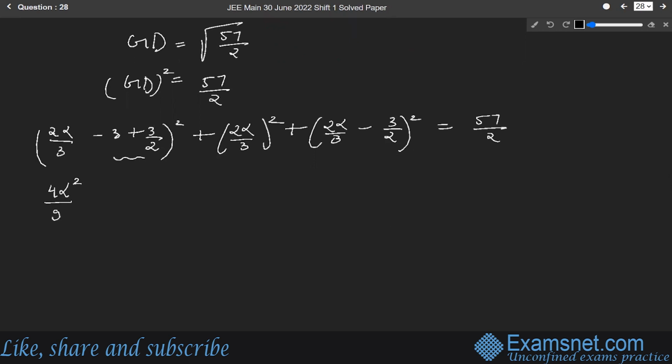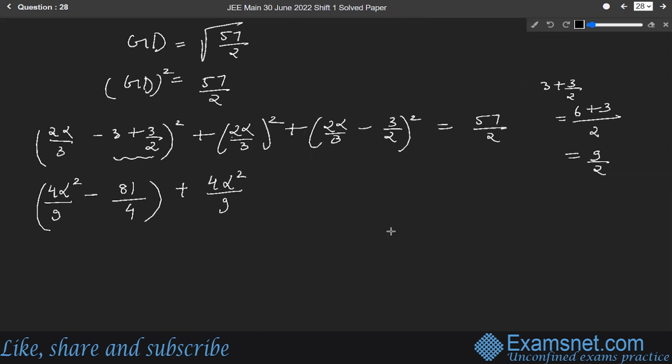Now let us simplify this term. Okay. Taking minus sign outside, we have 3 plus 3 by 2. When we take the LCM, it will be equal to 2. Then 2 into 3 is 6. 6 plus 3 is 9 by 2. Okay. So this expression is equal to 9 by 2. Now what is square of 9 by 2? Square of 9 is 81 divided by square of 2 is 4. Right? Plus. Now square of 2 alpha is again 4 alpha square.